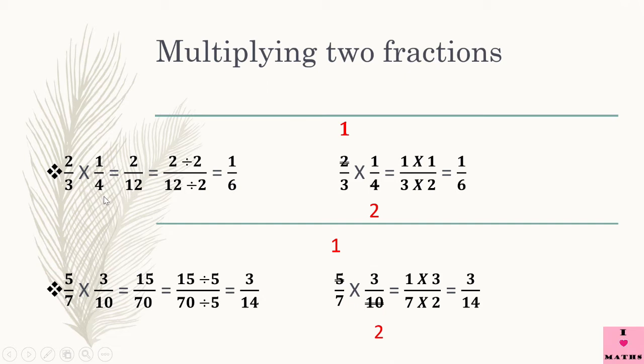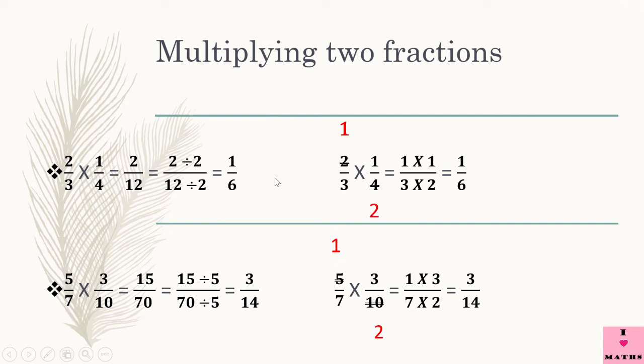Okay, children, the same thing we can do by one more method, and that method is shown on the right hand side here. 2 upon 3 multiplied by 1 upon 4. Now, children, 2 and 4, a pair of one numerator and one denominator, they come in the table of 2. So we will divide them by 2. We will cut them and write the quotient over here. So 2 ones are 2 and 2 twos are 4.